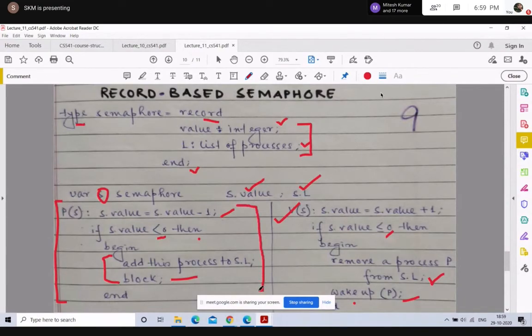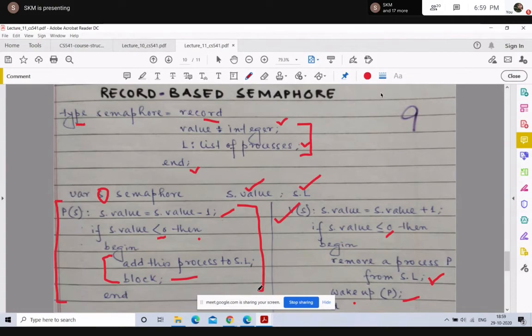So if your s dot value is running negative, let's say -3 or -4, it basically means that there are 3 processes waiting in your s dot l to get access to that particular semaphore variable.